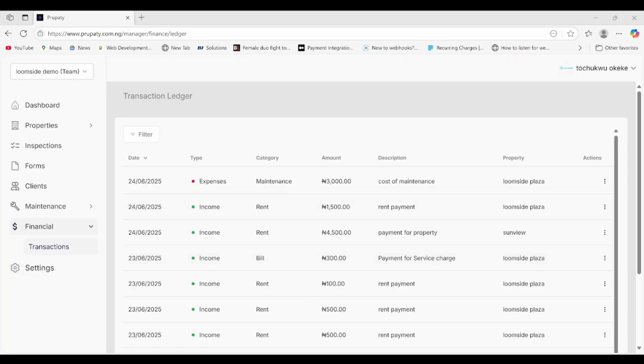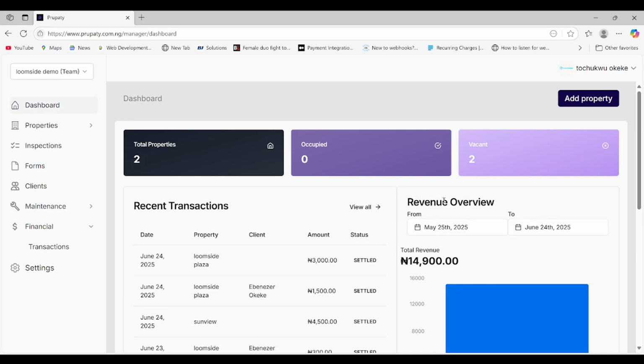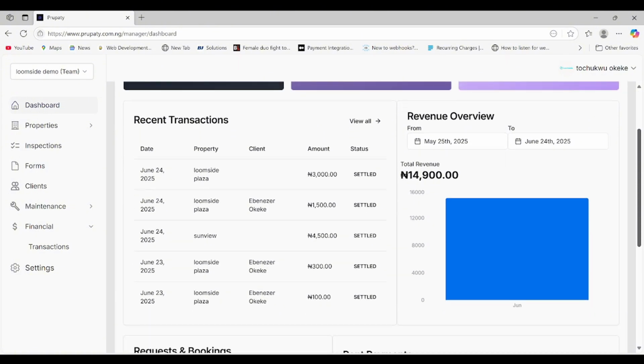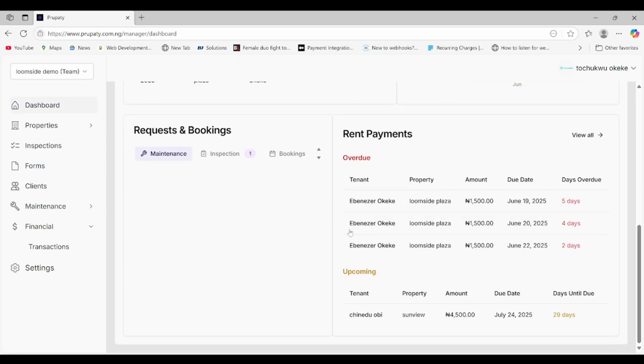Managing rentals shouldn't be chaotic. With Prupaty, everything from rent, tenants, inspections, maintenance, billing, and finance is organized in one simple dashboard. No matter the amount and size of property or type of property, we help you save time, reduce stress, and